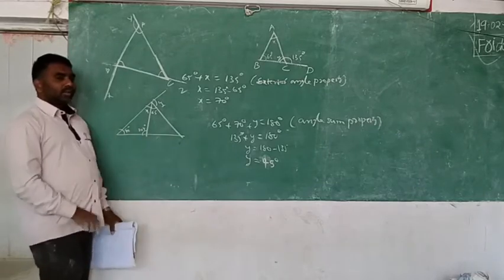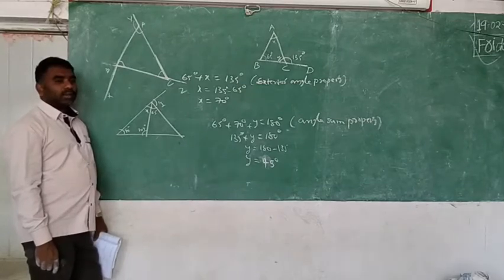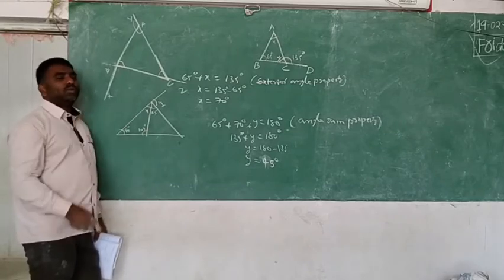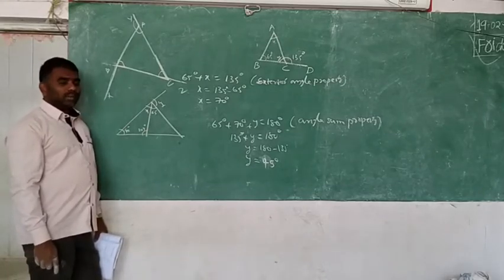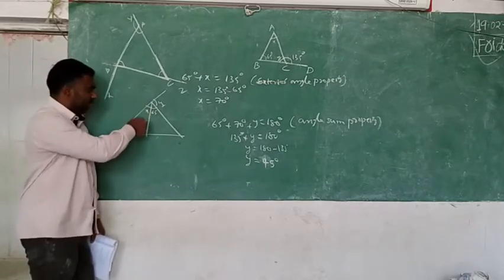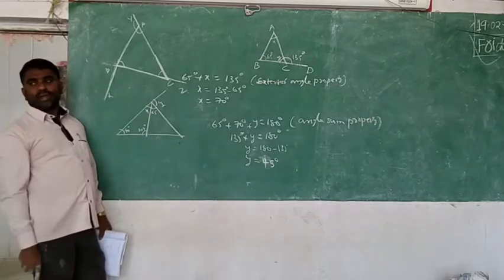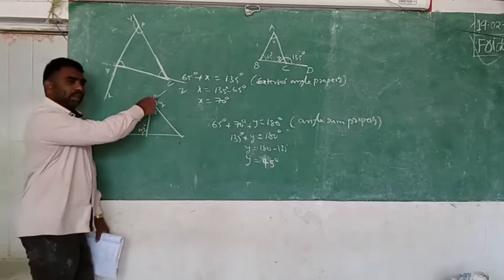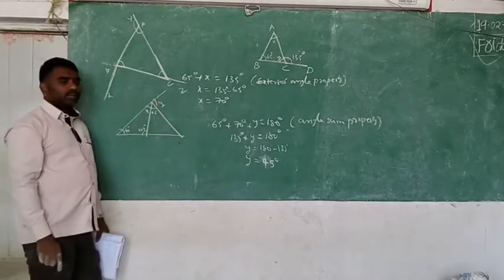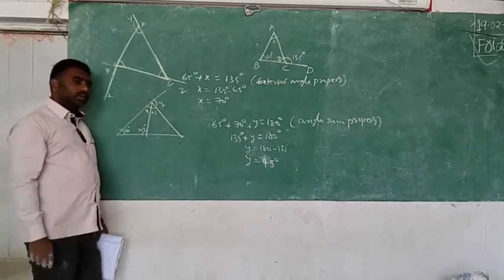The sum of the 3 angles. Two unknowns are there, so can you find them like that? X plus 40 plus 107 is equal to 180, because in this triangle the sum of the angles is equal to 180. You can find x. After finding x, you can use the other triangle the same way: by adding these three, we will get 180. Then you can get it. Okay?